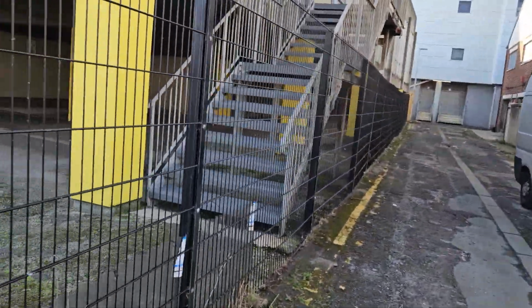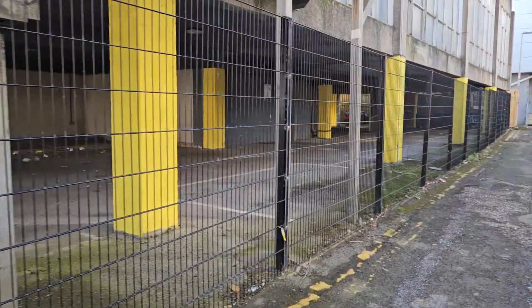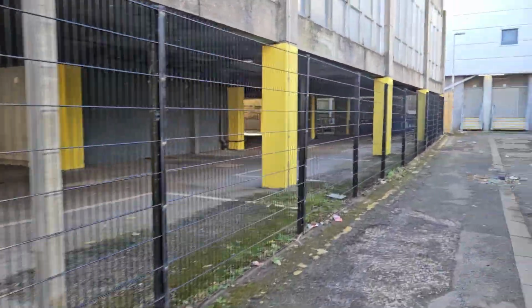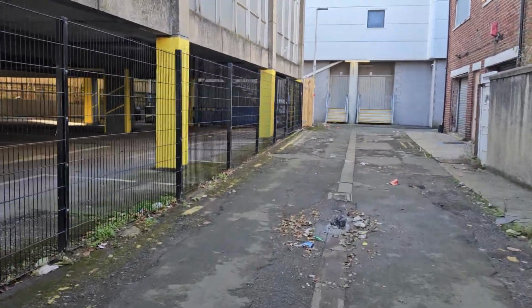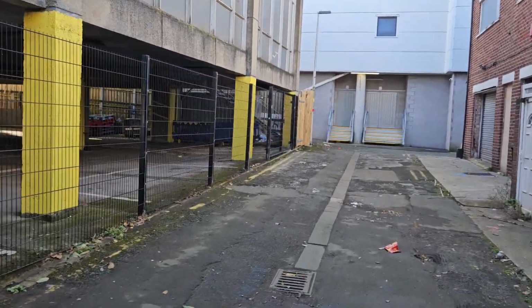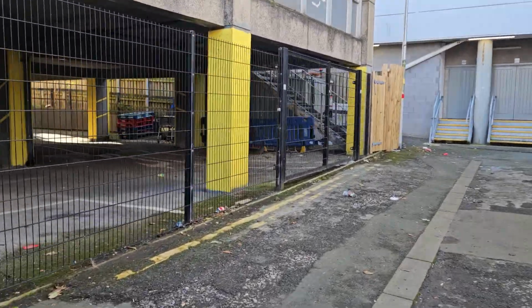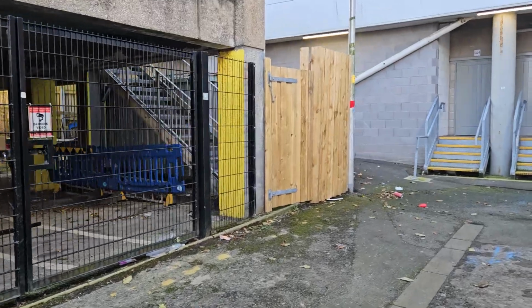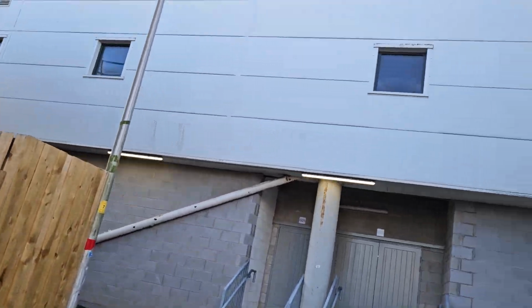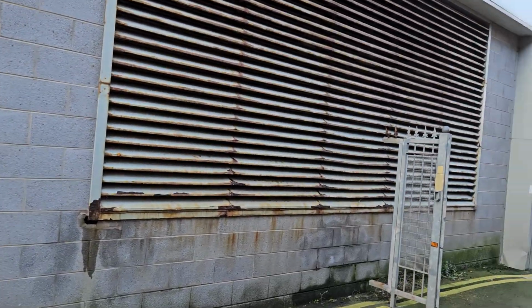Again, you see, I think we can get up this way. Again, the traditional housing that would be really close to these old grounds, late 1800s, early 1900s, when a lot of these grounds were built. See that sort of cladding up there again. Yeah, so we're right, this